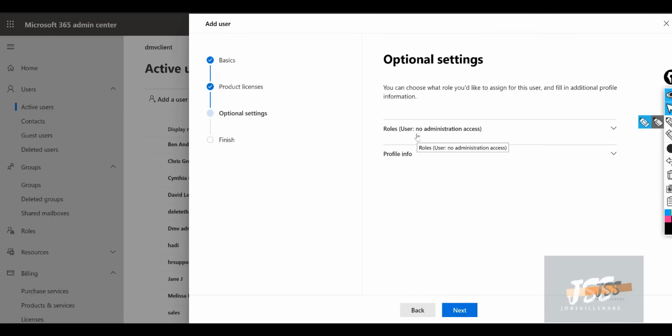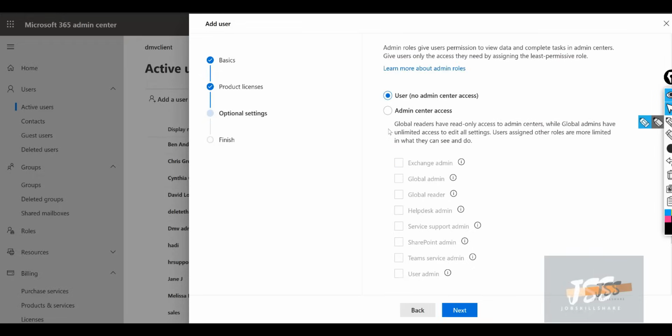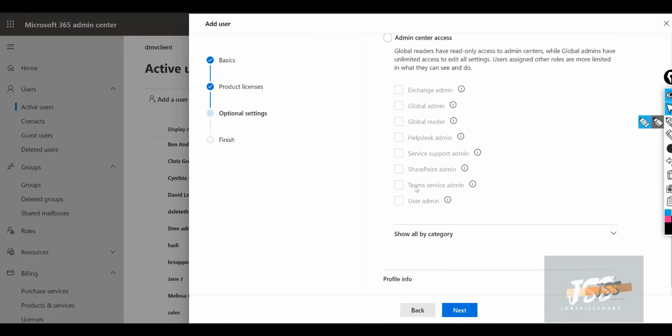So here is another very important feature. This is where the roles are. If this is not an administrator, of course you're not going to give any access over here. But if this is a help desk, or some SharePoint administrator, remember in Office 365 we are not the only people who work on Office 365. There's going to be a systems administrator, there's going to be SharePoint administrators. So a lot of people basically